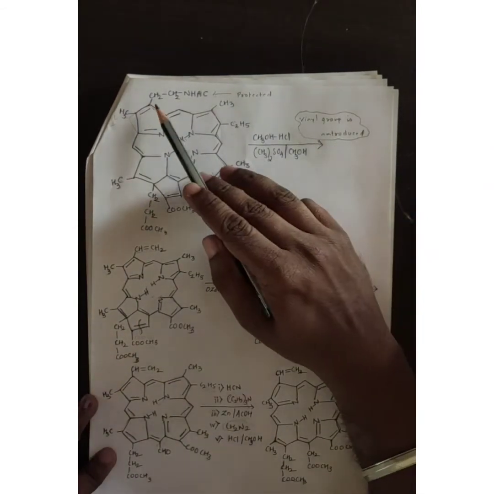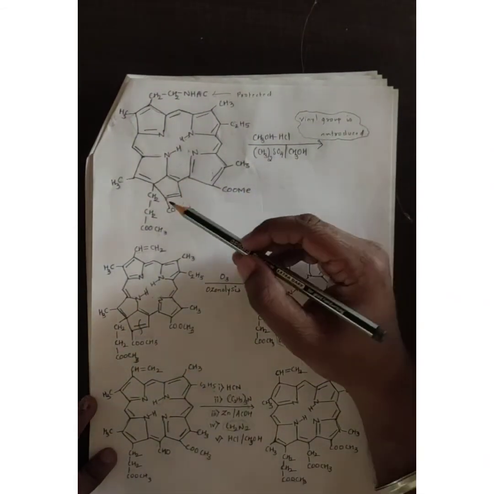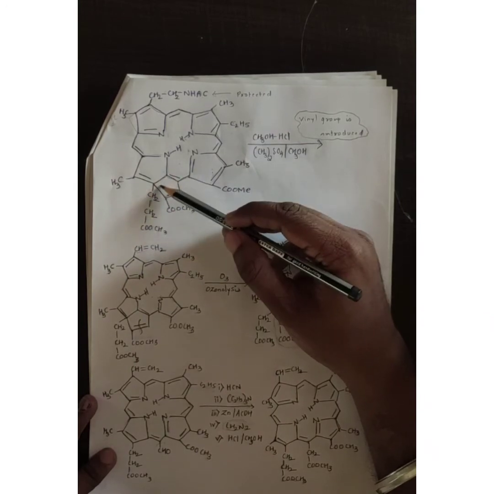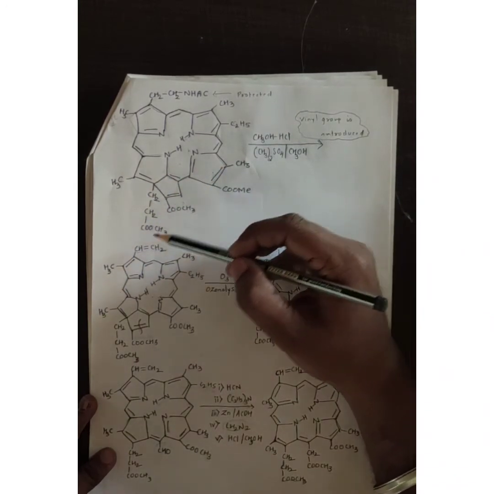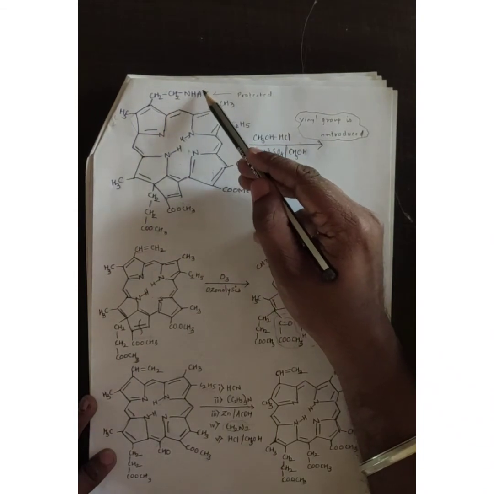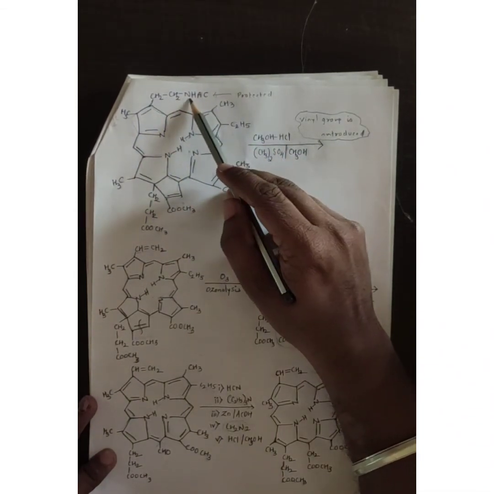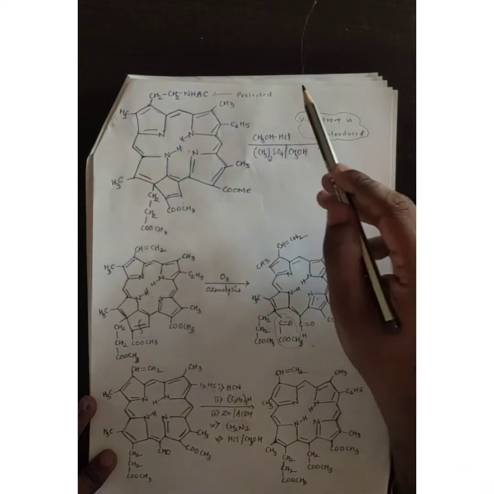Now in the next stage, what is my aim? Here the 5-membered ring is there, that I need to introduce on this pyrrole ring. Here I need to introduce NH2. So first I need to introduce a vinyl group, so I will convert this group into a vinyl group. So one target is over. I have converted this CH2 CH2 NHAc into CH=CH2. Other things remain as they are. There is no need to make any changes in the structure. So this is getting converted to CH=CH2.